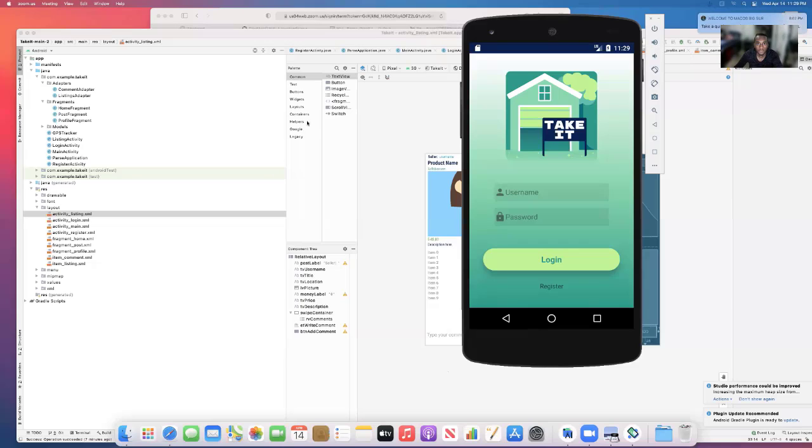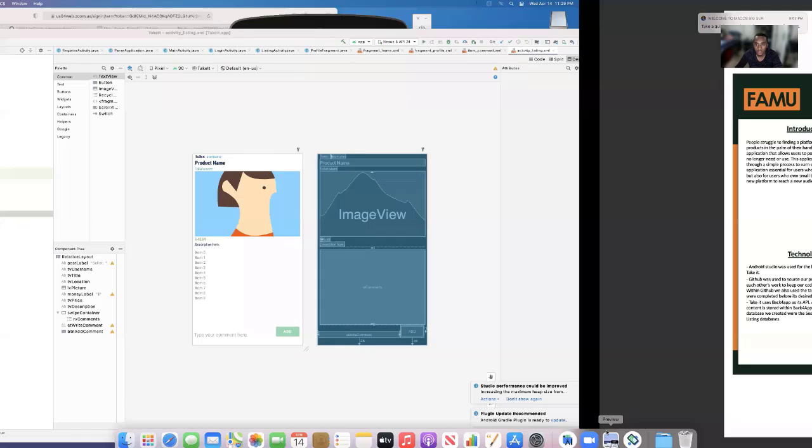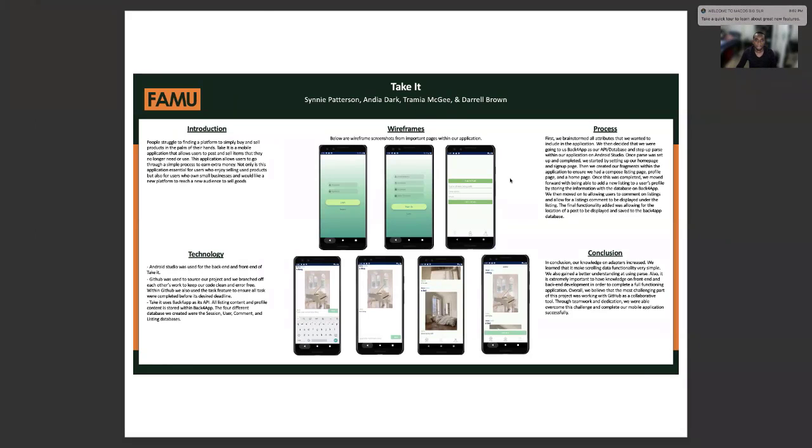I'm going to share my screen with you all. All right, let's see here. Okay, so this is our poster board for the project. Take It, that's the name of our application. As you can see, I have the teammates' names listed here, as well as our